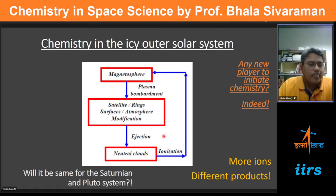Okay? So the entire process starts with the magnetosphere picking these ions. So there is a chemical transfer going on. And this, of course, is a new player again for us. Whatever we saw for the Earth's atmosphere, the electrons come into play. And then for the moon, of course, we have everything from the sun, being electrons. We move away to the outer solar system, and the magnetosphere has a major role in affecting the chemistry of these icy